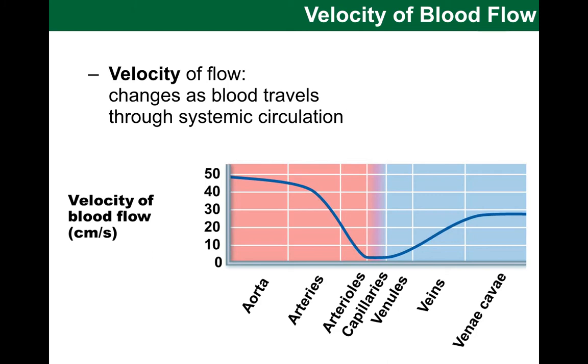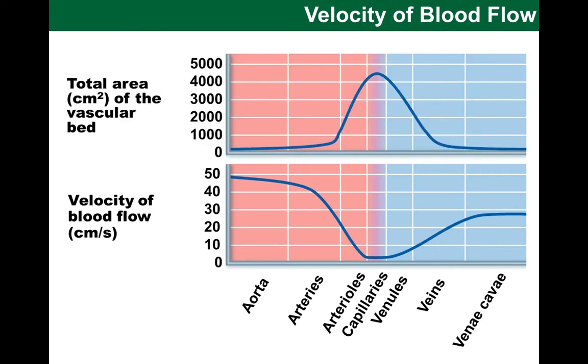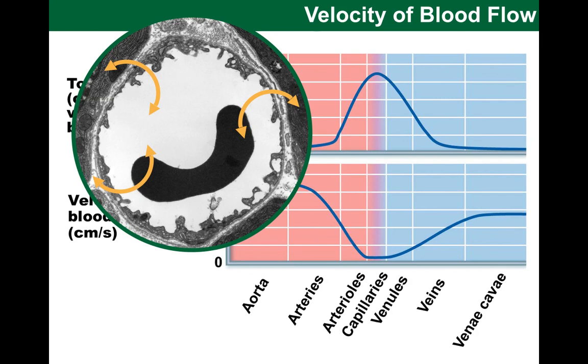Well, the speed depends actually on the cross-sectional area, as shown on this diagram that we can combine with the one below. Notice how the largest cross-sectional area of vessels is at the capillaries, so the blood speed slows down here. And this is, of course, useful since it facilitates the exchange of materials here.